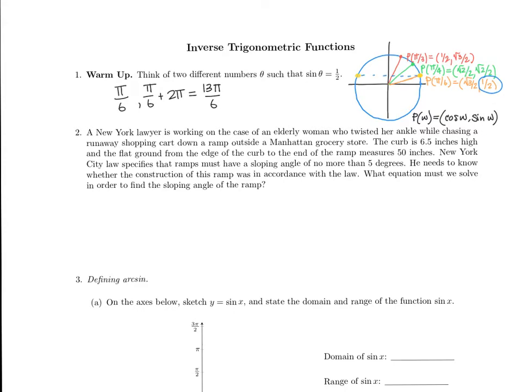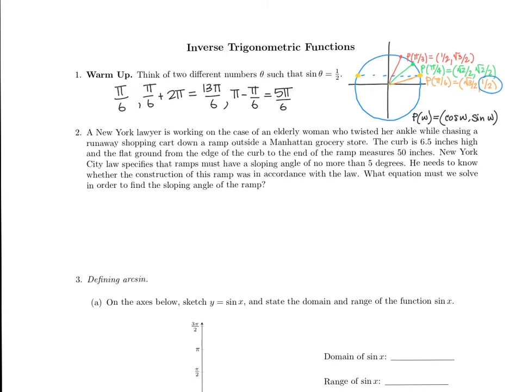This is pretty clearly not drawn to scale at all. It was difficult to fit everything in. But as we're looking at this, it becomes apparent that there is another point on the left side of the circle in quadrant 2 where the same thing is happening. And this point is found if I travel pi counterclockwise and then pi over 6 in a clockwise direction, right? If I go from here all the way over here, but then I subtract off pi over 6. So that means that 5 pi over 6 also has a sine value of 1/2,